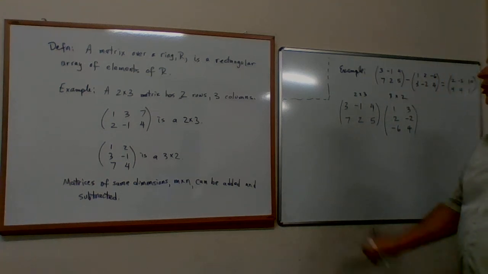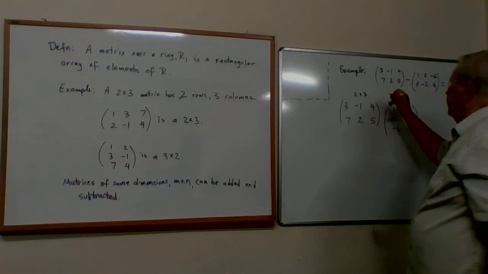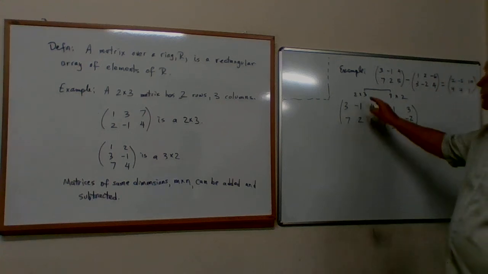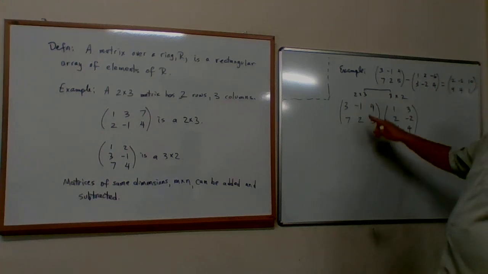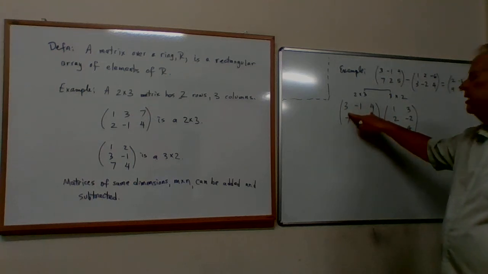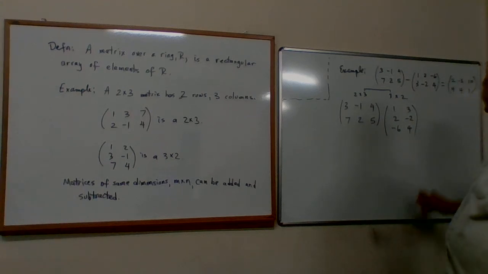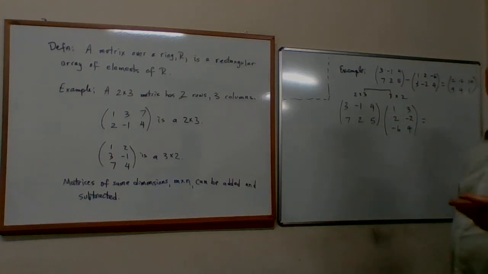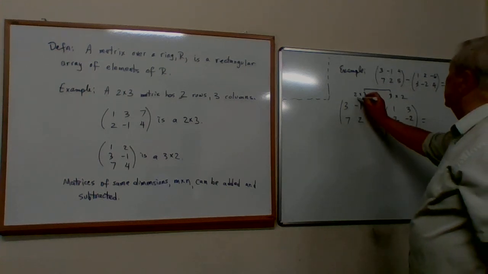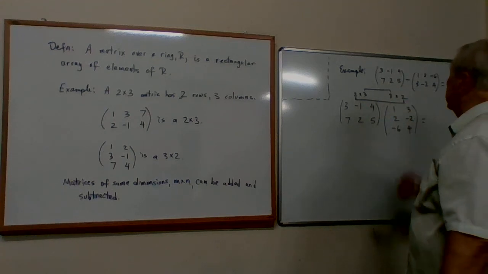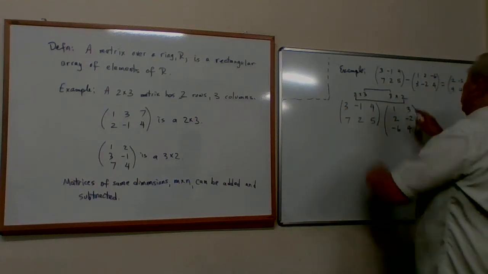In order to multiply two matrices, these integers have to match. This 3 and this 3 have to be the same. So I have to have the same number of columns in this one as I have rows in this one. And indeed I do. Now, can I predict the size of the result? And the answer is, well, if the answer were no, would I have asked you that question? Of course I can. And the prediction is the outer numbers. So the inner numbers have to match. The outer numbers tell me the size of the result. The result is going to be a 2 by 2.